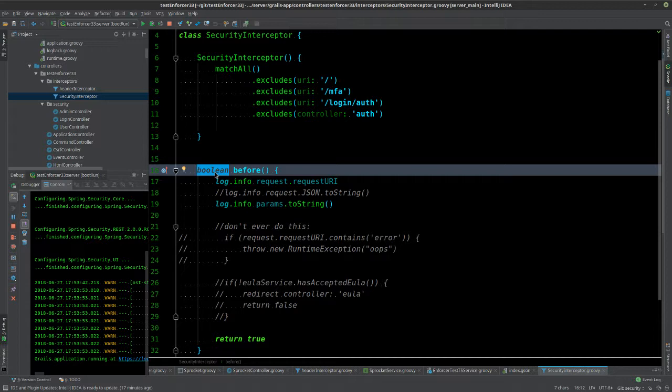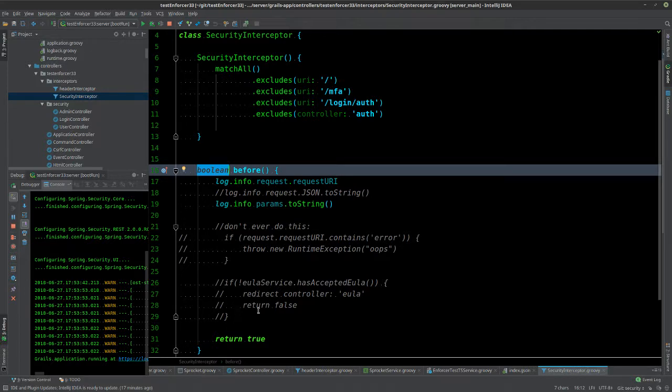In one particular app where an exception was thrown, our log files started filling up with gigabytes of information because it got caught in a hot loop of trying to go to, I think it was the error controller, and it never got there because it kept bombing out in the interceptor. Moral of the story: you probably want to wrap the whole thing with a try catch, and if it fails, return false or something like that. Deal with it in some particular way.